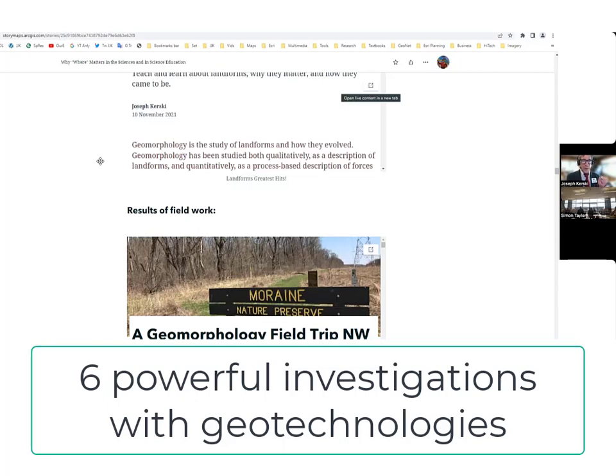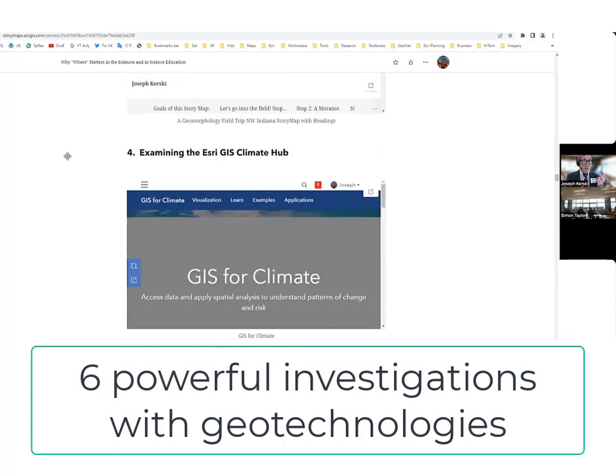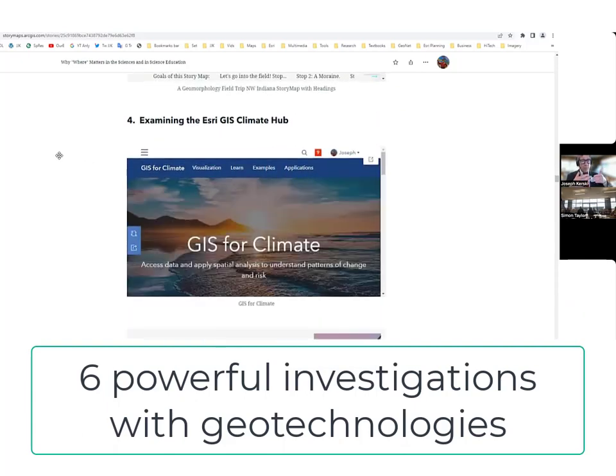Where it's appropriate, for example, where your existing resources are insufficient, where you're not getting as much student engagement, where, the list could go on, right? Where there's something you don't like as well in your current set of instructional methods or your current resources. Those are the low-hanging fruits to say, I'm going to use geotechnologies in this case to help me teach these concepts and to foster the skills that Joseph was talking about.